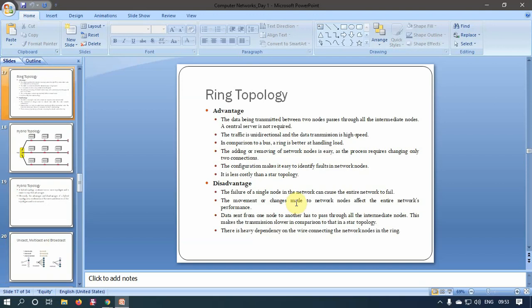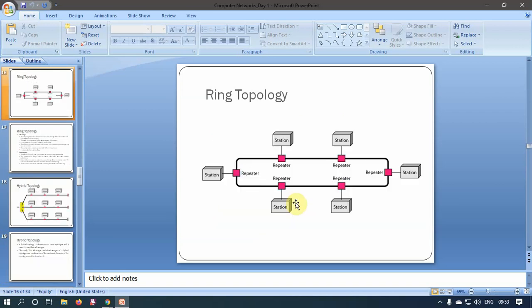Now what's the main advantage and disadvantage of this? The main advantage is what? The data being transmitted between two nodes passes through all the intermediate nodes, right? Which means a central server is not required, like in the case of star topology. And what is the main disadvantage? Again, the failure of a single node in the network can cause the entire network to fail. Which means, as I can see here, all the nodes are connected to the bus, so if data is passing from this station,